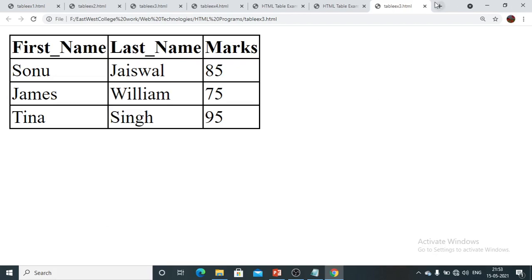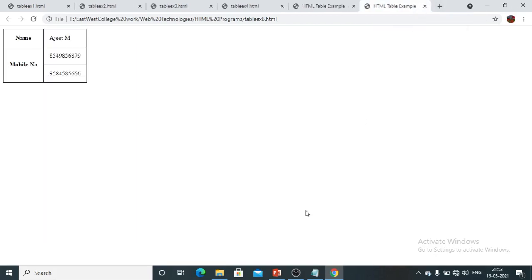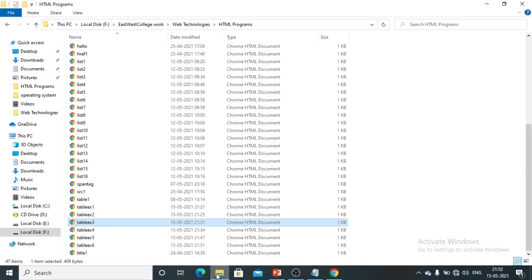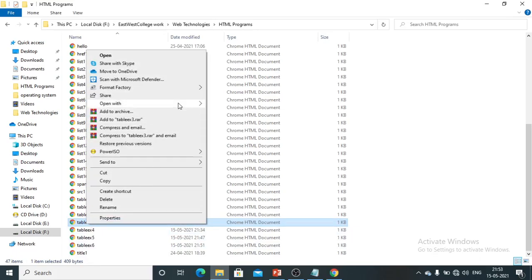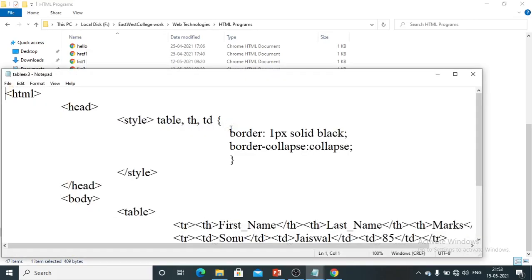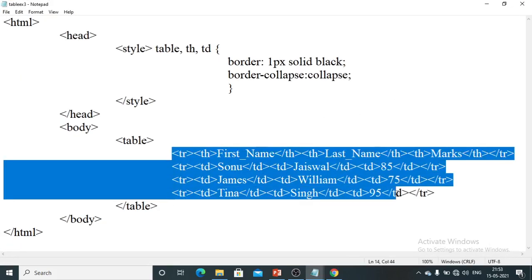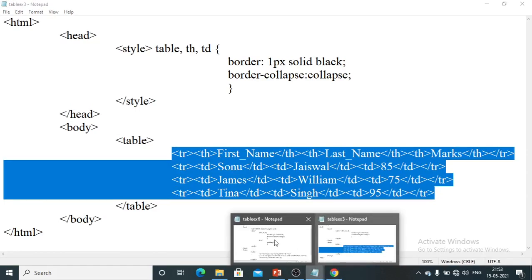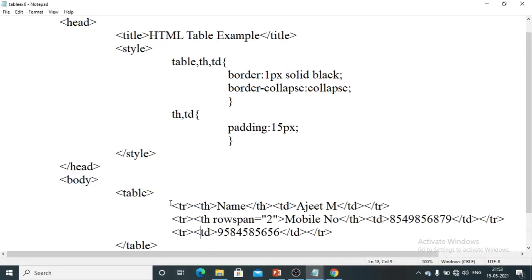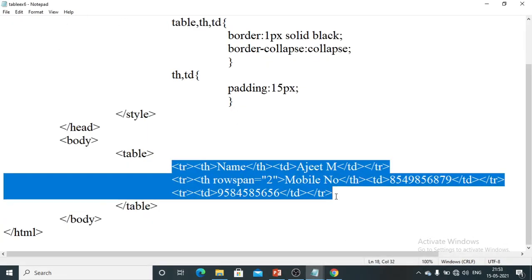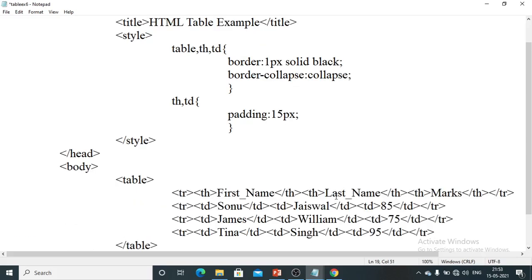I will just copy paste it. Right, here it is. So I will go back to the destination folder, table 3 example, and open it with notepad. Here I will copy the content with Control C, and within the table I will paste it. The rest of the things I am using the same for styling.